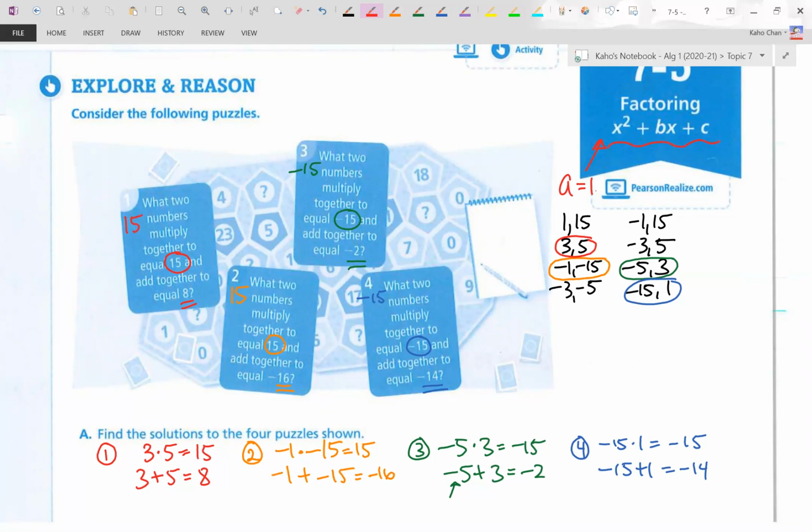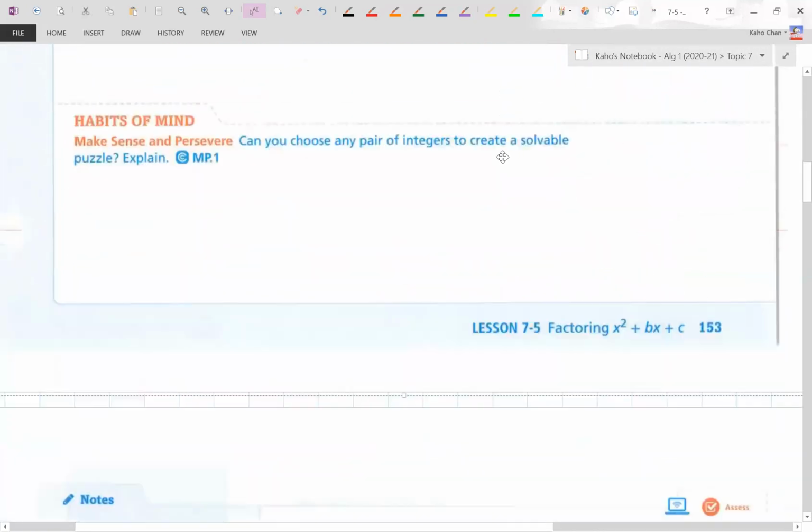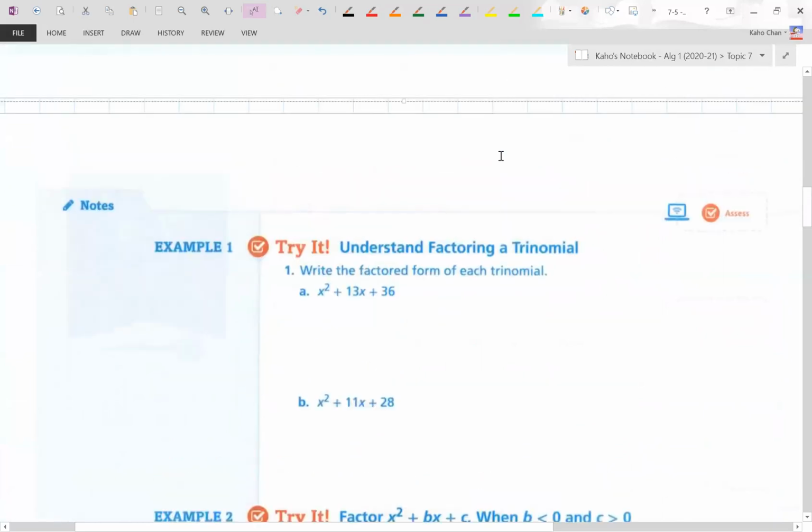All right, let's move to the next page here. Any questions, let me know. We can pause the video anytime. Here we go. All right. So,